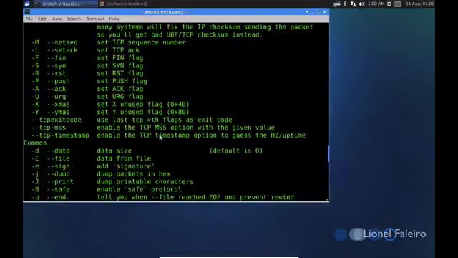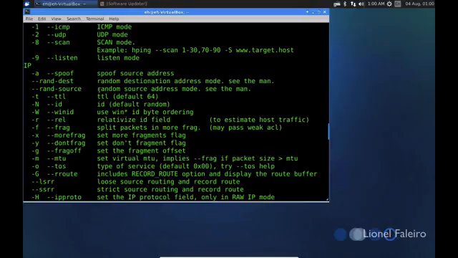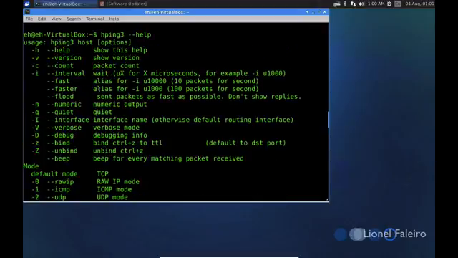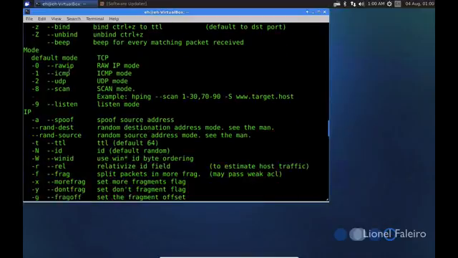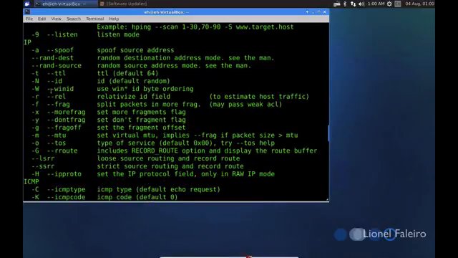If I change the flood command and if I use maybe fast or faster, the speed at which the packets are sent will change. One thing to note is that depending upon the mode, like IP or TCP, different flags will work in different